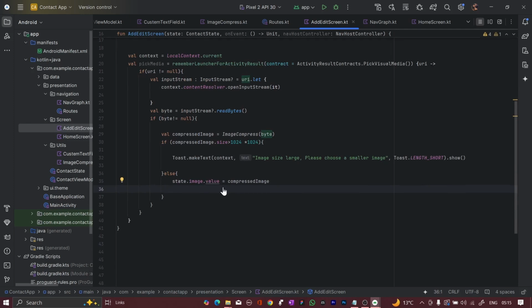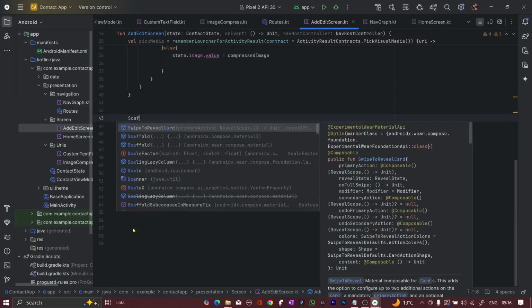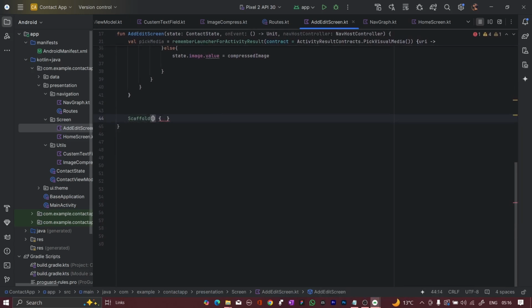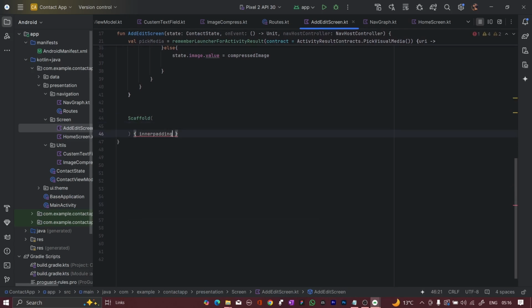And now image compress scaffold लेते हैं हम. Next we are taking is the scaffold outside of it. else के बाद हम क्या scaffold लेते हैं, हमारा ये जो pick media था, pick media का काम finish, and then we are going to take this scaffold. Inside this scaffold, here we are going to give the inner padding, right,